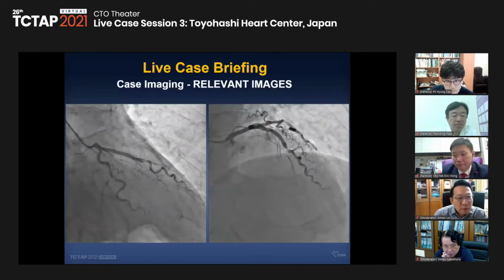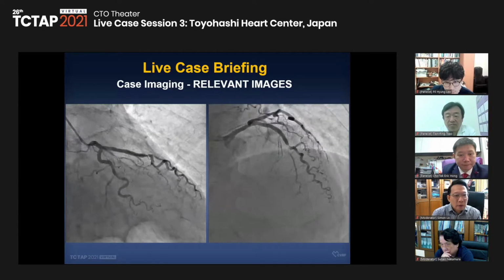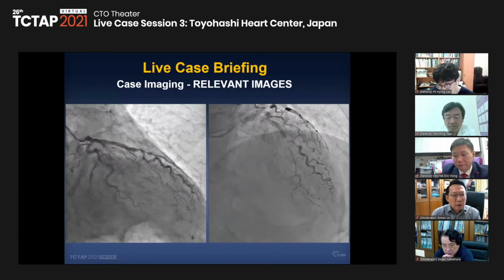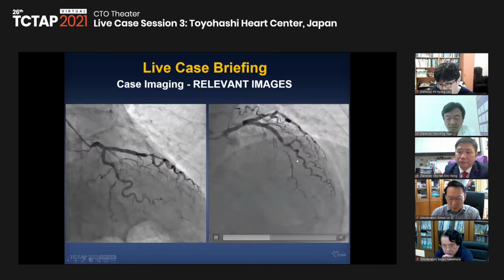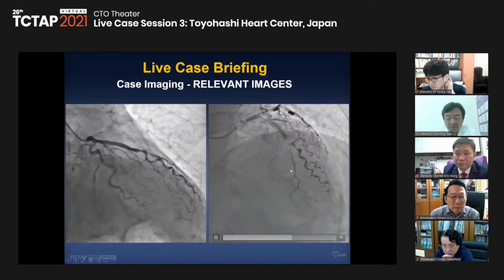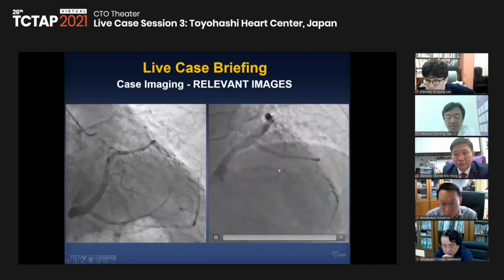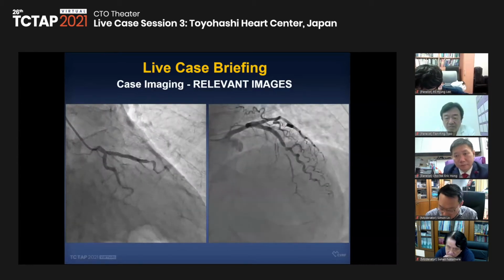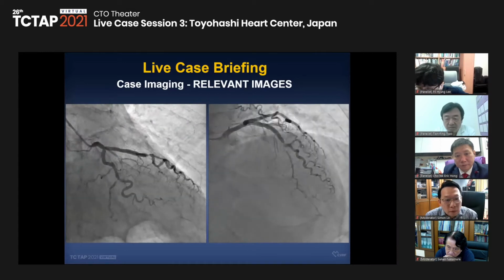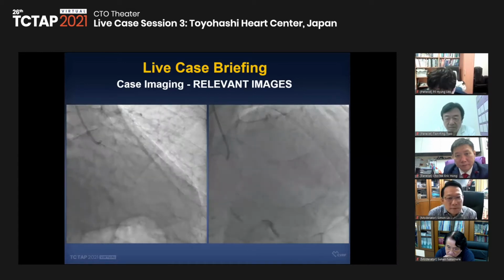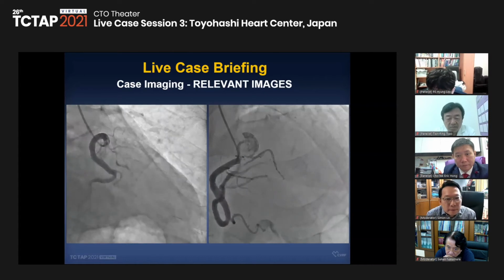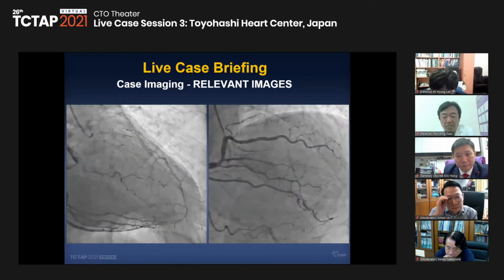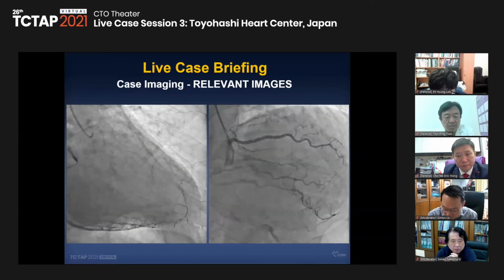This is the final angiogram. We can see the LAD CTO region, and these are the diagonal branches respectively. This is the RCA angiogram, collateral channel from 4PD to LAD.